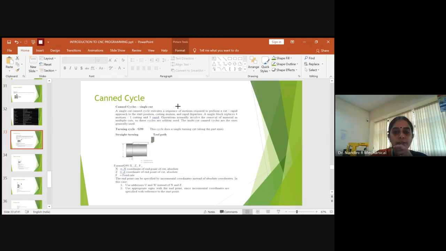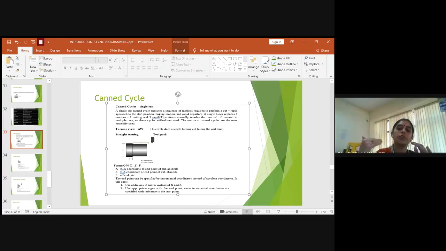So what happens in case of canned cycles? A canned cycle is the one which executes a sequence of motions which are required. It's not necessary that you have to write a specific operation. I showed you now one program where you are writing a specific operation for grooving, a specific operation for drilling. Similarly, if you have 3-4 operations, you have to write one by one, and it will be lengthier. But if you use a sub-programming concept by the canned cycle format, you can do the sequence of motions which can be executed on a single workpiece. So a single block can replace the motions of cutting and rapid motions and n number of operations.